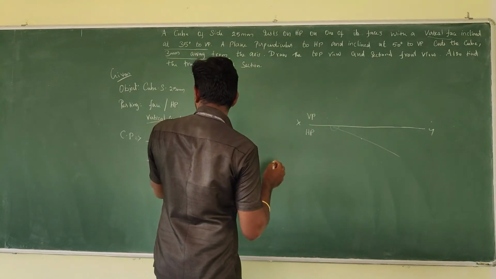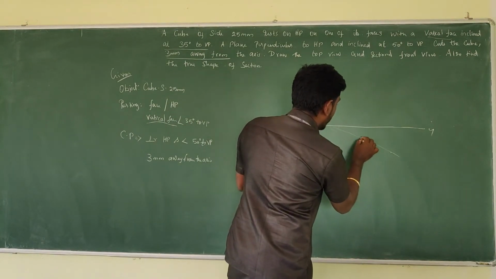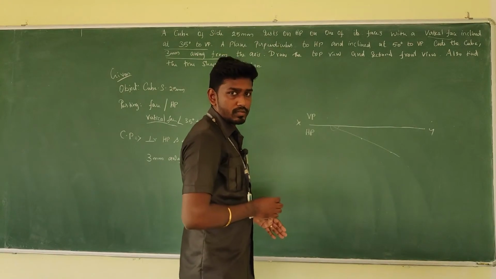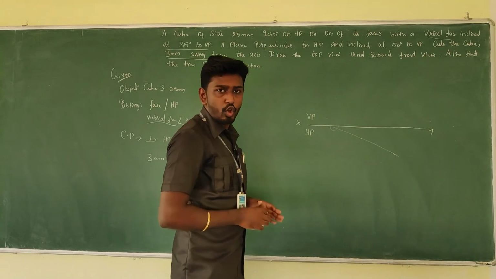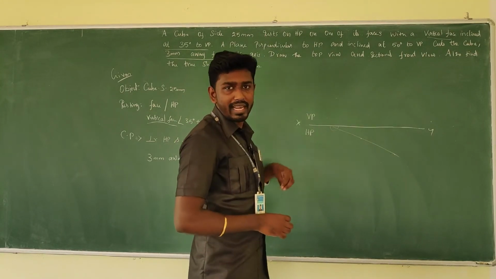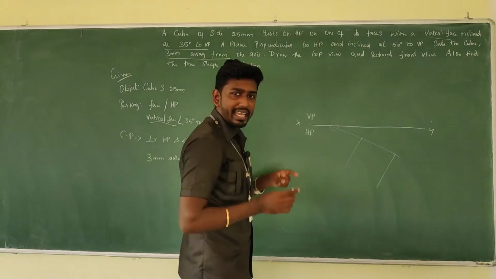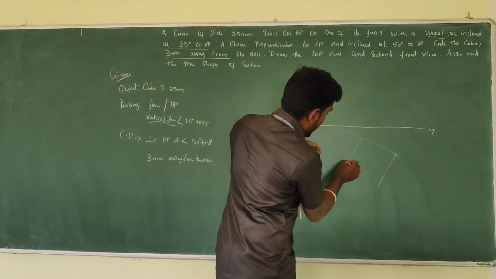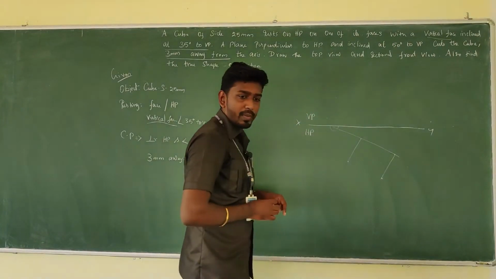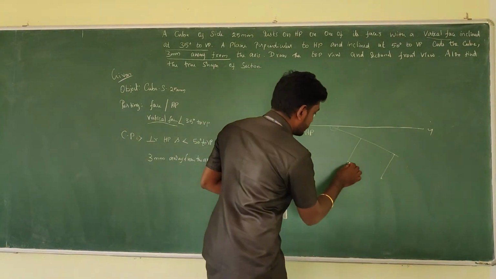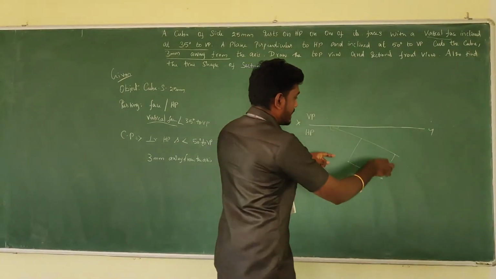Vertical face, that means one of the edges. The edge measurement is given as 25. So with the 25 mm measurement, have a note first. This is my edge, and this is a cube. It gives a perfect square in the top view. So in order to draw it, draw the 90-degree line. Take the measurement in your compass. From the end, make a cut. From the other end, make a cut. So this is how the trace will be. Okay? And then join it. So this is the trace.